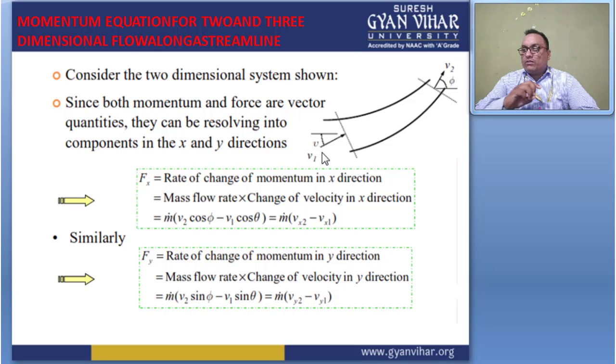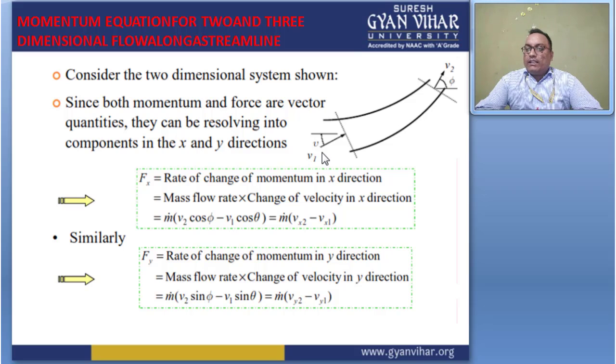At the inlet the velocity vector is v1 and the outlet velocity vector is v2. So v1 makes an angle theta with the x-axis,